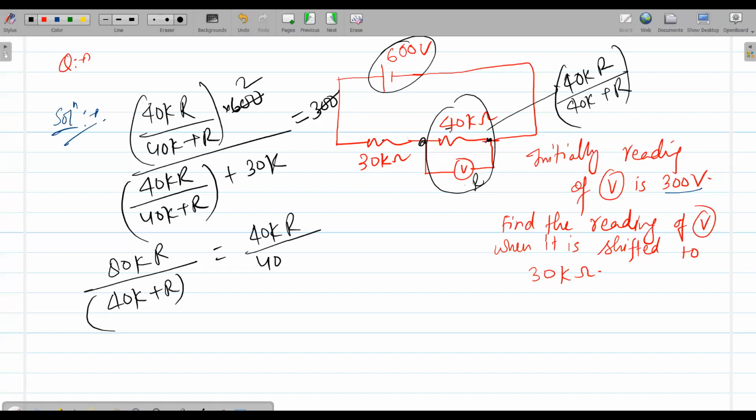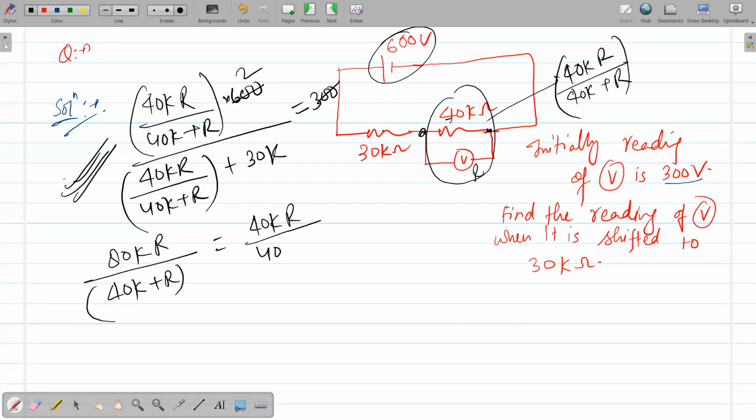Okay, let's come back, guys. I was solving the problem in this situation. Any confusion with this equation? No confusion, that's great. If anybody has any, let me explain once more. Here I'm considering this resistance, capital R, from my side as the resistance of the voltmeter. Are you comfortable with this? Tell me step by step.